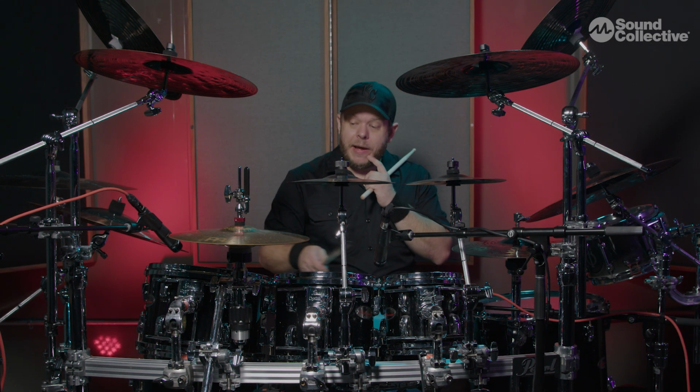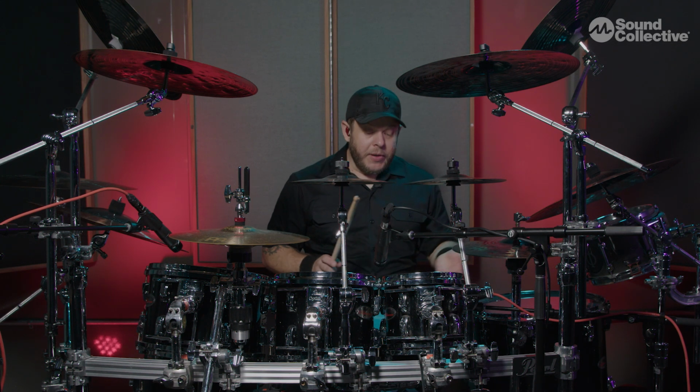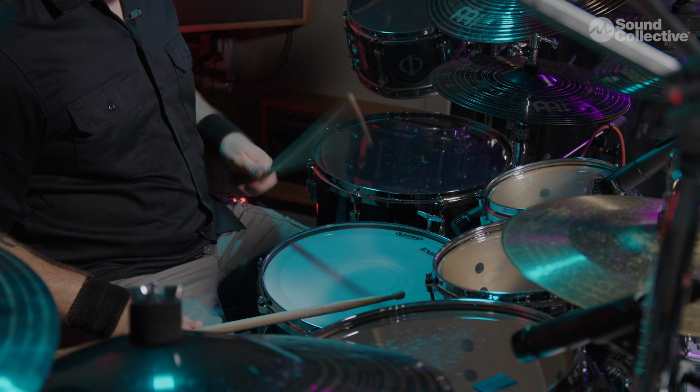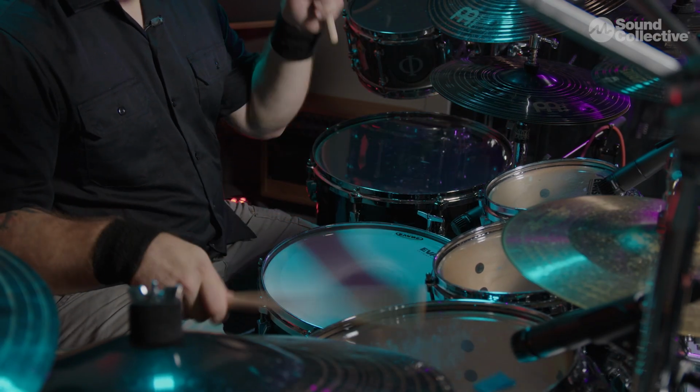The important part about orchestrating around the toms is when you're playing a blast beat, you're on your snare drum, and there's a lot of bounce to this. So check this out. That's pretty easy in comparison to